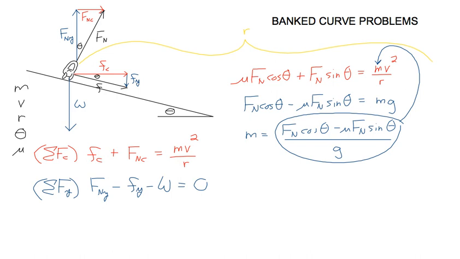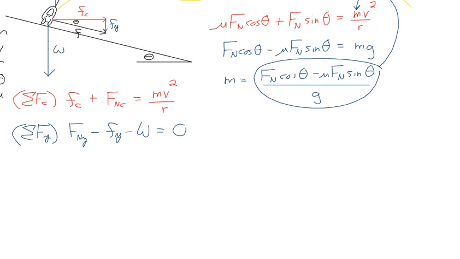And what you might notice is, if I replace this for m, then every single term will have Fn in it. So that's going to eliminate Fn. So I'm going to kill two birds with one stone here. I'm going to get rid of m, and I'm going to get rid of Fn just by doing that substitution. So I'm going to get mu Fn cosine theta plus Fn sine theta